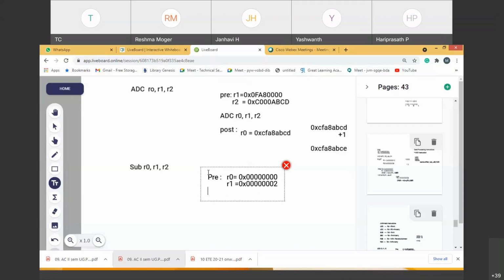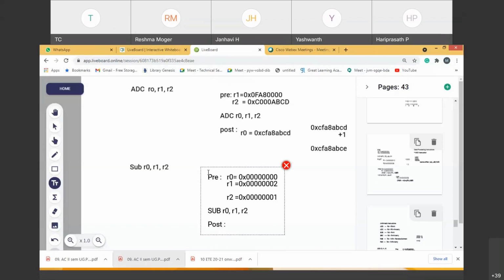If I take R2, it means the other source register. So R1 and R2 are two source registers. If I take another source register whose content is very simple, say 1. So R1 is subtracted. Now, which one is subtracted? As the name itself indicates, SUB R0, R1, R2. So what does it mean? When you do the subtraction operation, R2 is subtracted from R1, and the result is stored in R0.